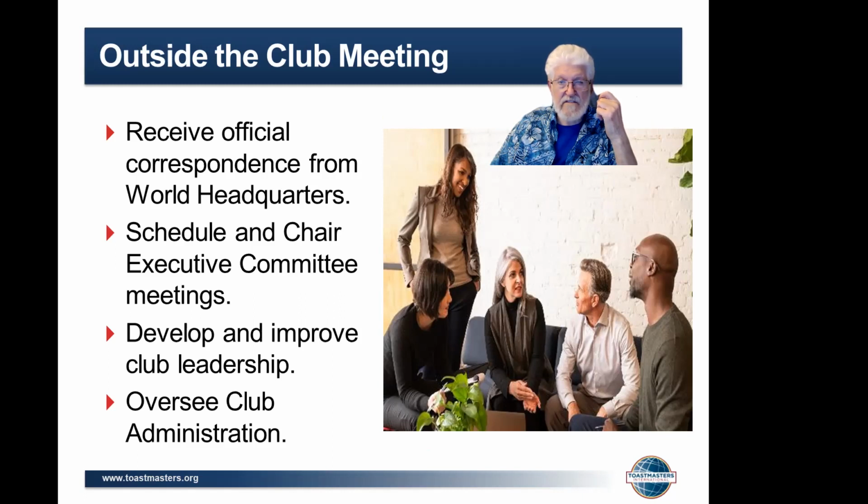Schedule and chair the executive committee. Usually try for once a month. I've been in one club that only did it quarterly, and some of our online clubs only do the official open executive meeting on the fifth meeting date of the year, and that falls 4 times a year. So they have a meeting quarterly. And there are no set rules about when you should have a meeting.